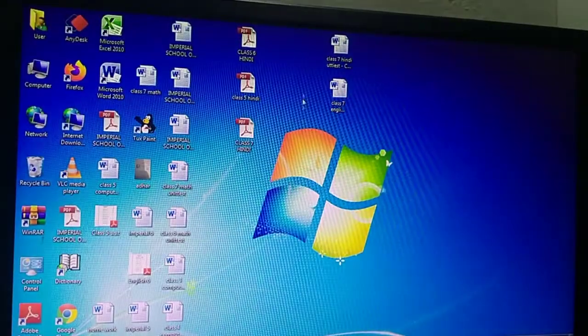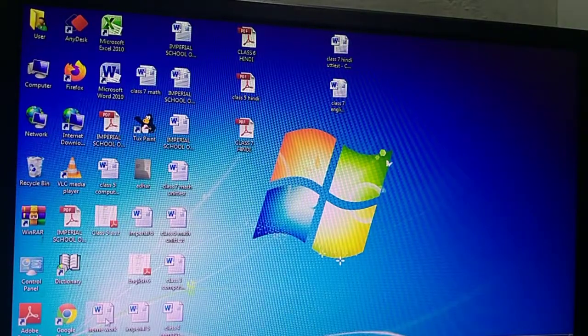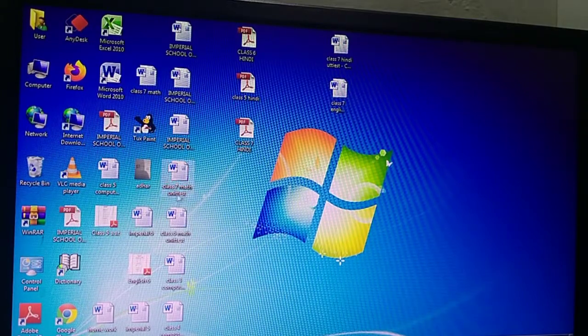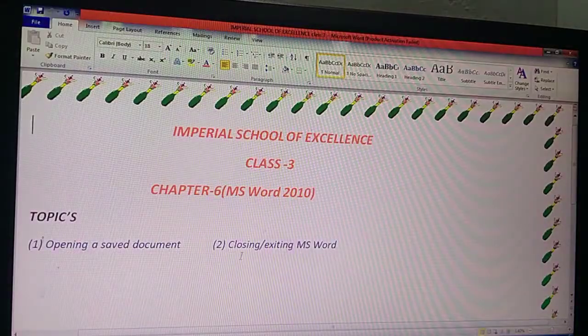Or you can directly click on these files which we have saved on the desktop. This is the way you can open your file. You can also open it by pressing Ctrl O, as I have told you.